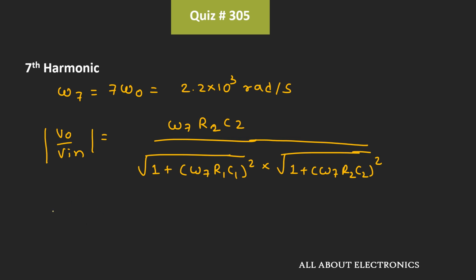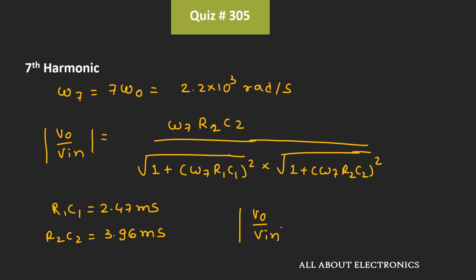And as we have seen, this R1 times C1 is equal to 2.47 millisecond, while the R2 C2 is equal to 3.96 millisecond. So if we put the value of this R1 C1, R2 C2 and the omega 7 in this expression, then this Vout divided by Vin will be equal to 8.712 divided by 8.769 times 5.52,